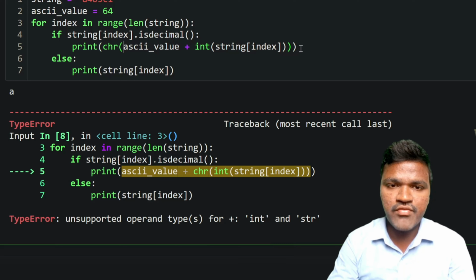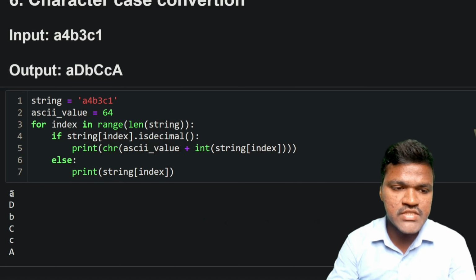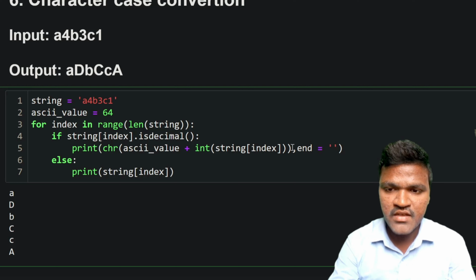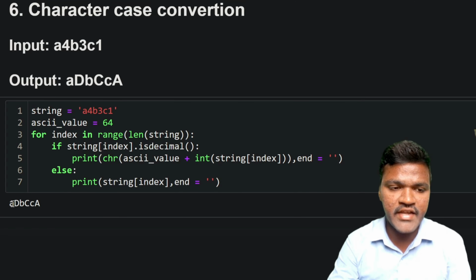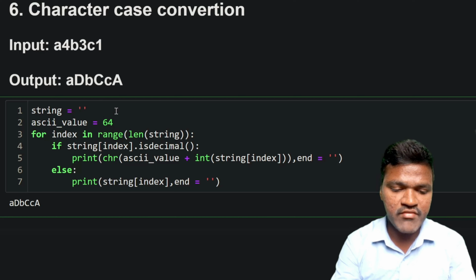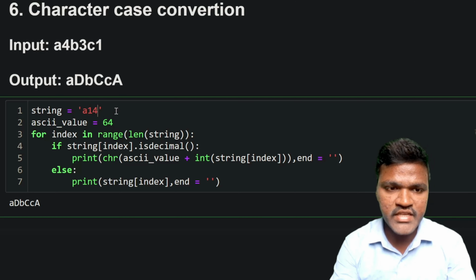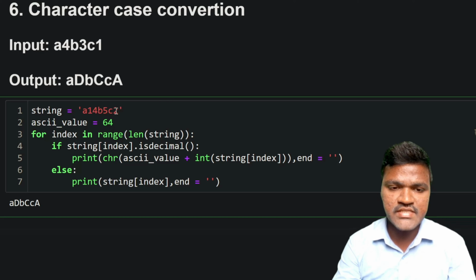Now if I execute this, you can see A, D, B, capital C, small a. To make this in a single line, I will mention an end here, and here also I will mention an end with an empty string. If I execute this, you can see the result A, D, B, C and capital A. So I will give some more string here. I will give A, I will give 14 here, and B, let's say 5 here, and C, let's say 2 here. And if I execute this,